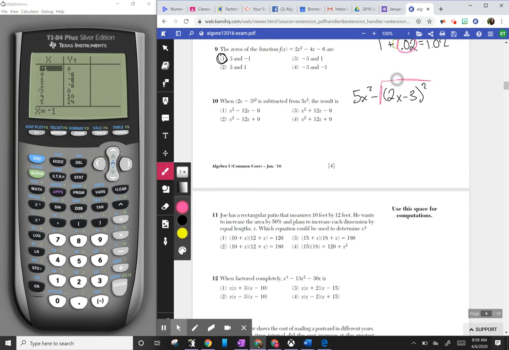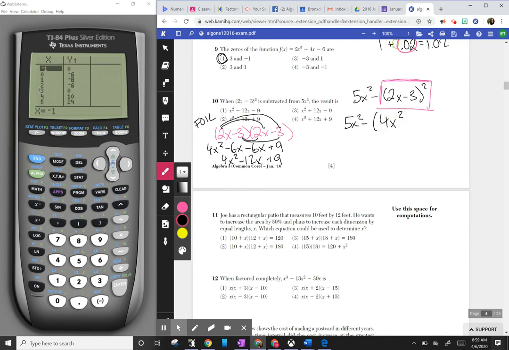So the first thing I see here is 2x minus 3 squared. That can be rewritten as 2x minus 3 times 2x minus 3. And now you can multiply this using FOIL, right? So 2x times 2x gives us 4x squared. That's the first, the outside now. 2x times -3 is -6x. Inside, -3 times 2x is -6x again. And last, -3 times -3 is +9. So we get 4x squared minus 12x plus 9,